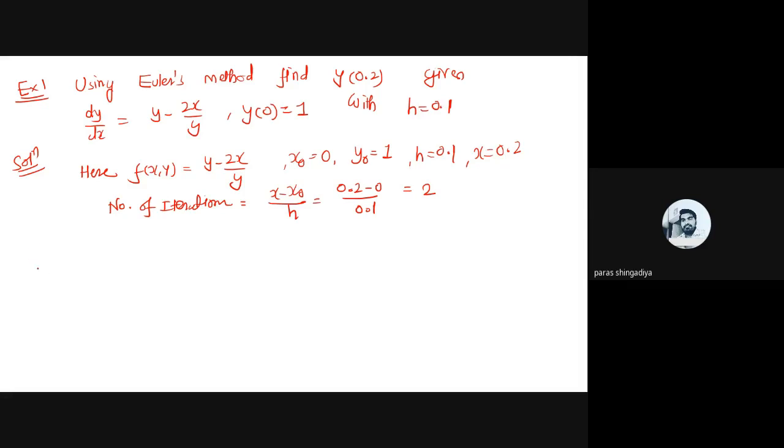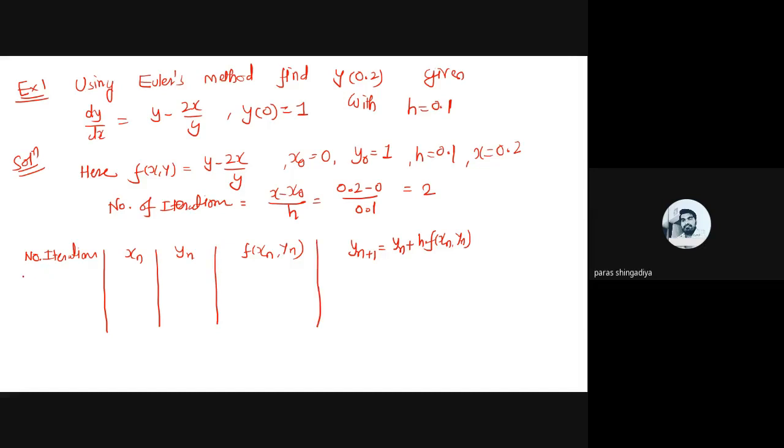So here you can prepare this type of table. How many values are required? First is the number of iterations. Okay, the first column will be the number of iterations. Then xn, yn. Then here we check f of xn, yn. That is also required in the formula. And then the final formula of the Euler method: y(n+1) is equal to yn plus h into f of xn, yn. That is the final formula. And let us prepare the data.